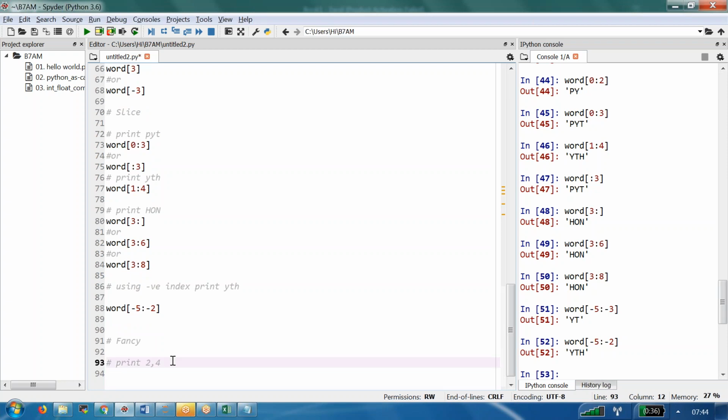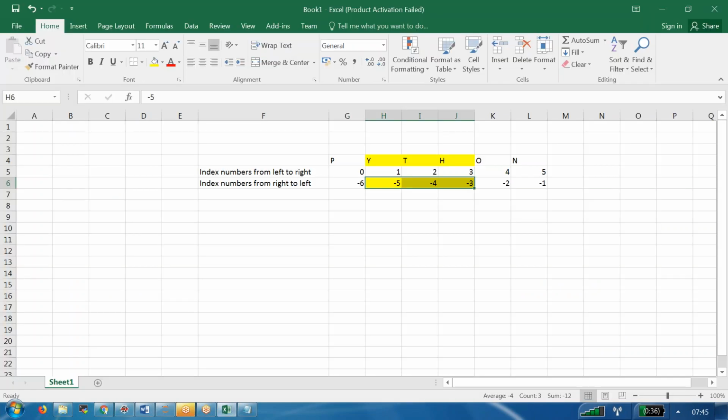Or if you want to increase, let us say PYTHON, like this I want Y, H, N. You understand what I am trying to say? So I want this one, then this one, and this one. Now how can you get these particular things, Y, H, N? That's what is called